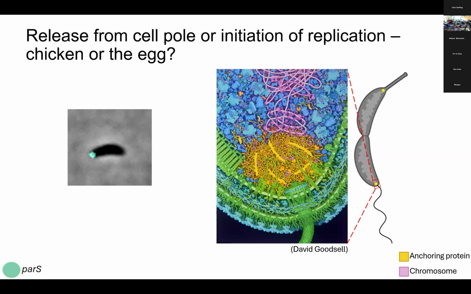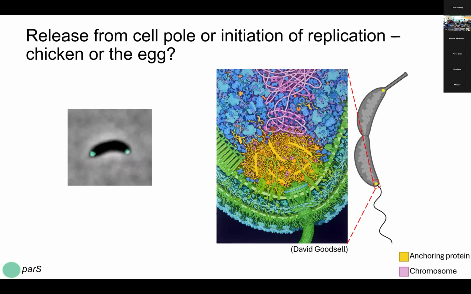And it's anchored at the pole by a protein that I have here in yellow, which is called POP-C. And these 2 proteins anchor the centromere to the pole. So now how the centromere is actually anchored and then released is not really known. Because if we look at this little movie, we have one centromere or one ORI gets replicated and then gets moved. But there's a little bit that it got stuck, of course, where there is a little bit of separation